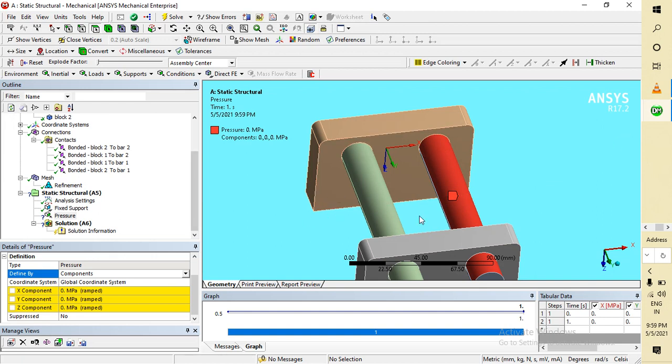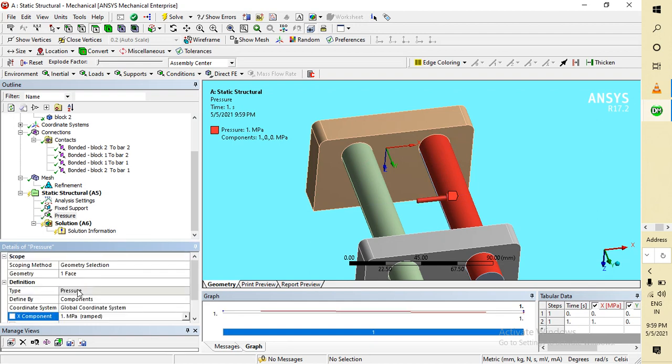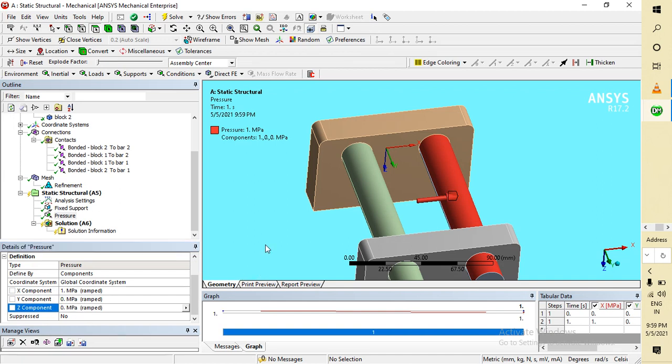It is the positive x direction, then I am applying 1 megapascal. Okay, this is 1 megapascal. This is 0, this is 0, suppressed. Okay, this is 1 megapascal.